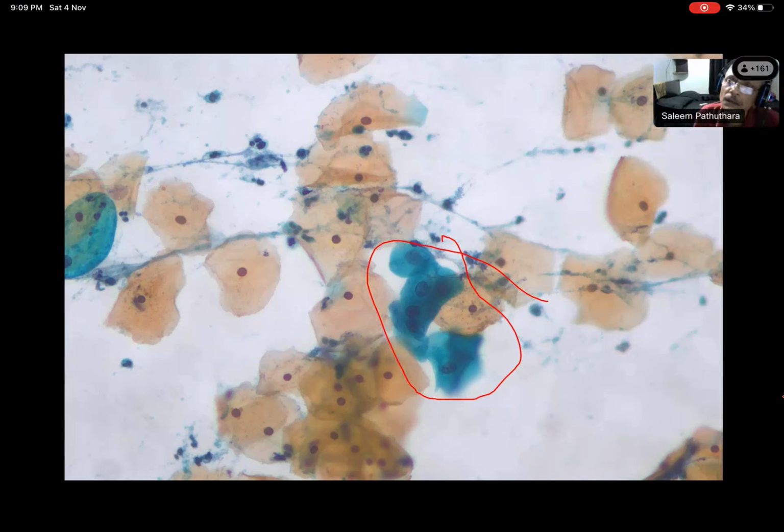No, sir. When are you expecting parabasal cells in a pap smear? In old age, sir, basically in atrophy, right? So is this patient atrophic? No, it is a young female, right? Endocervical cells? Sir, this is not endocervical. These are squamous cells. This is not endometrial. This is metaplastic squamous epithelial cells.